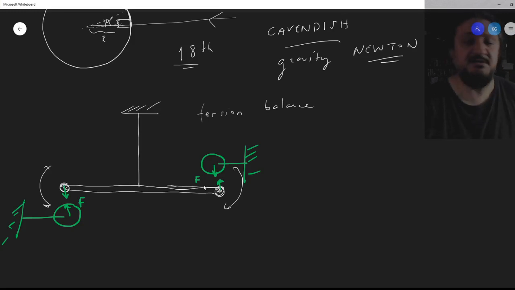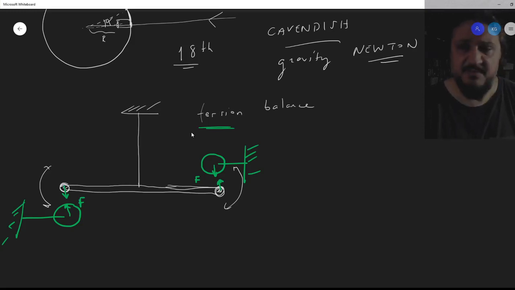So he measured the force. Why? Because if these are attracted to each other, there will be a very tiny change in this force within the wire, okay? This torsion, because of the torsion. So that's measurable. I mean, if you do it in a very good setting, you don't let any external factors mess up your experiment, like wind, even a small wind. If you blow on it, it may change your setup, right? So you have to be very careful.